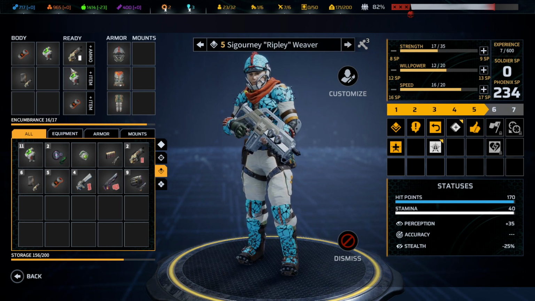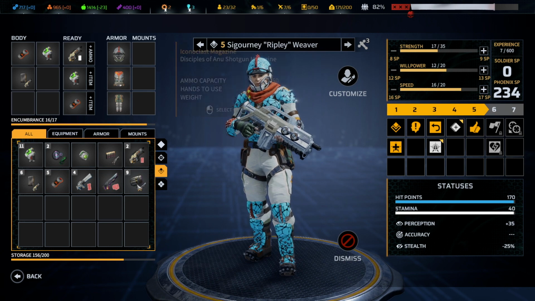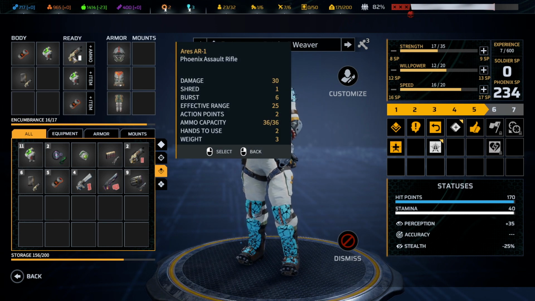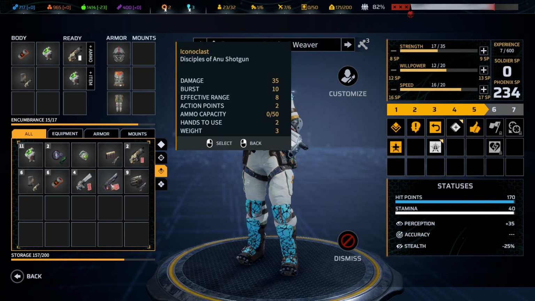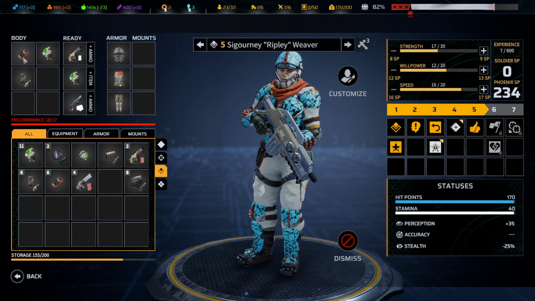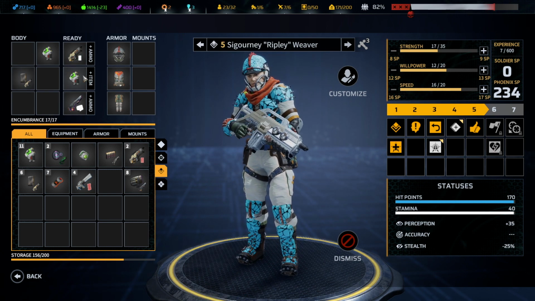Sigourney Weaver. Do I have a better in-between gun for you? You do have dash, so you can get up close. You can change around weapons. Let's take this out. Let's see how heavy this looks for us. Looks a little heavy, but as long as I take away some ammo, or let's say a grenade,